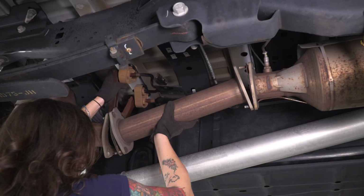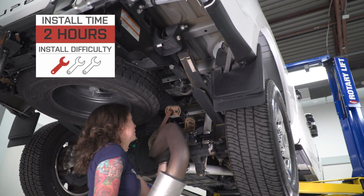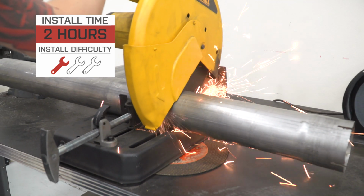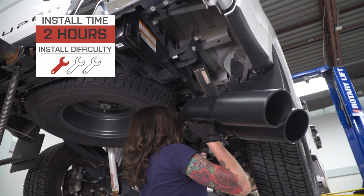without breaking the bank. I'm giving this install 1 out of 3 wrenches on the difficulty meter. It can be done in approximately 2 hours, but it may require cutting of the piping on certain models. So it could take some extra time to get the adjustability just right, but once you do, this exhaust looks